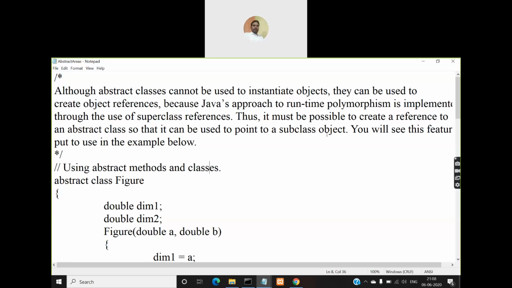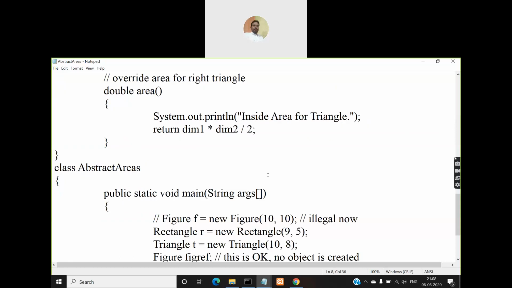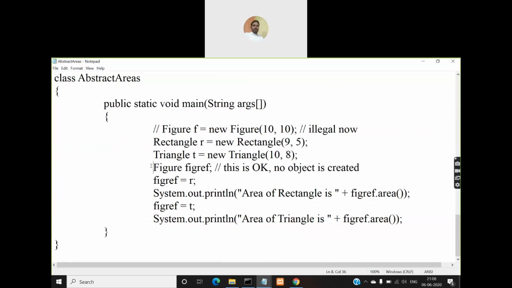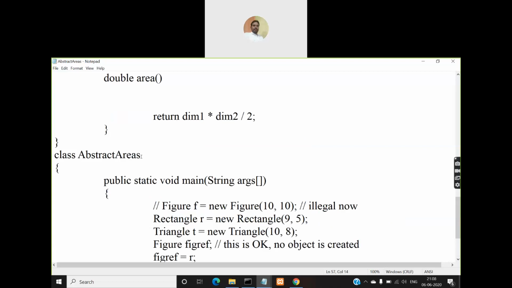So it must be possible to create a reference to an abstract class so that it can be used to point to a subclass object. That is what we have done in this program. We have created a reference variable for the superclass, and then we made it point to a subclass object R first, and then we made it point to another subclass object T. So this is acceptable when you are using abstract classes,